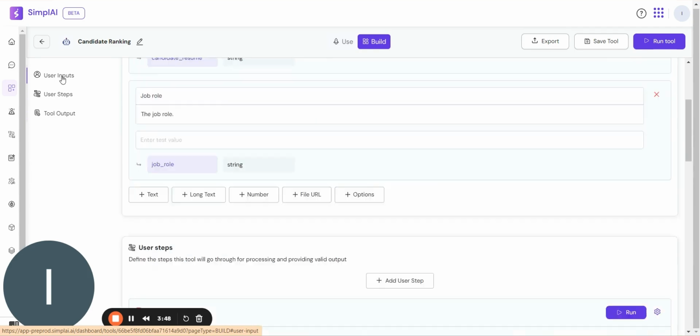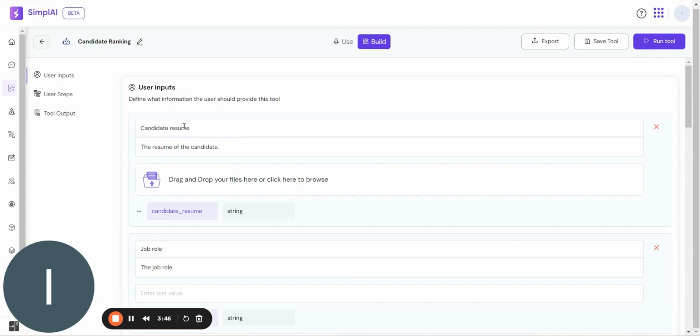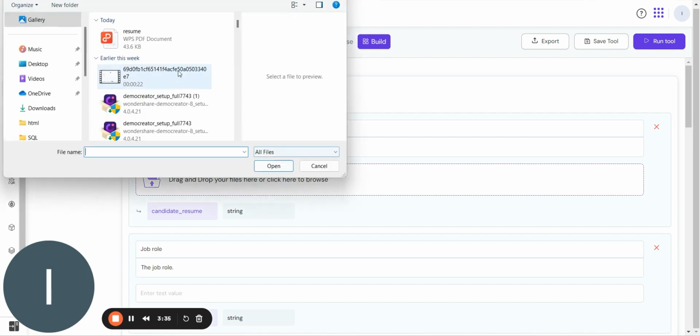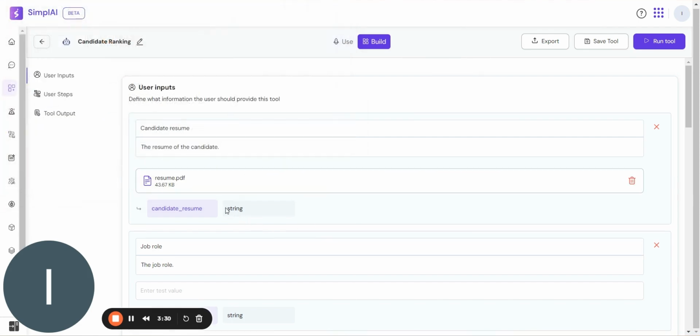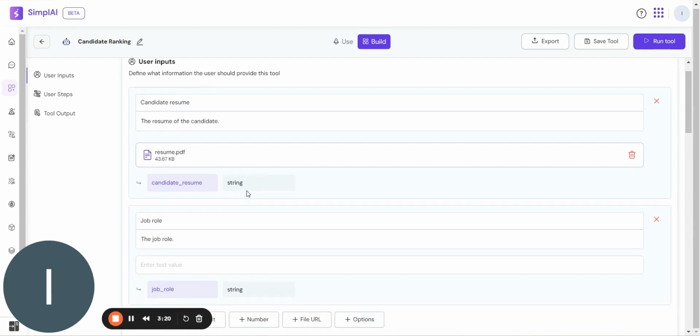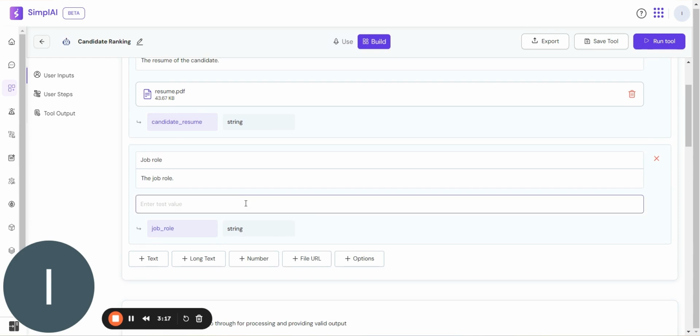Now coming to the very first step, this is where you upload your resume. We will upload the resume of the candidate which we want to check. It's super easy. Just drag and drop your file into this area, or click to browse and select it from your system. You can see here I have set it up to accept the file type and string format. The variable of this step is candidate resume. Now let's go to the very next step. We will enter the name of the job role for which we want to give the scorecard to the resume. So here I have input manager.